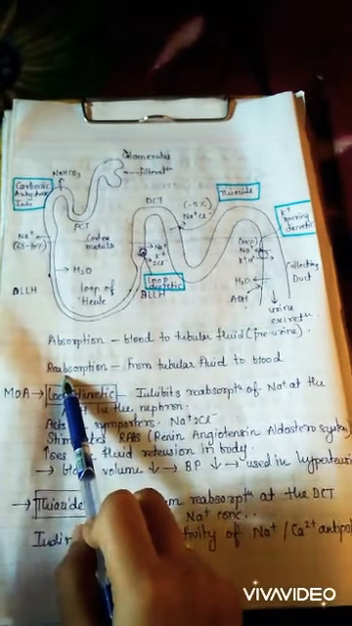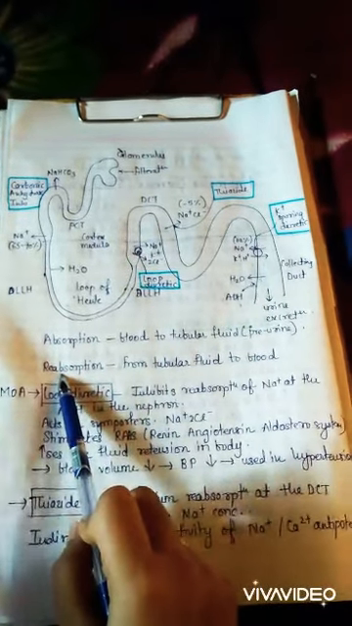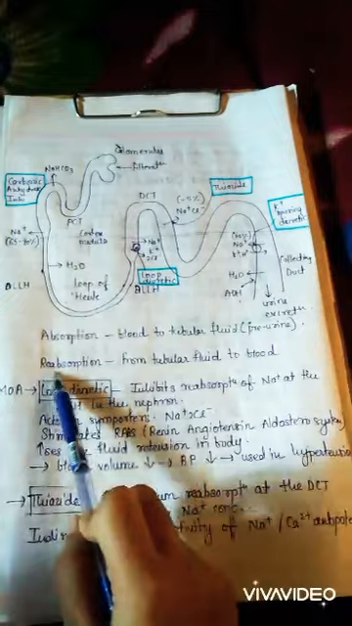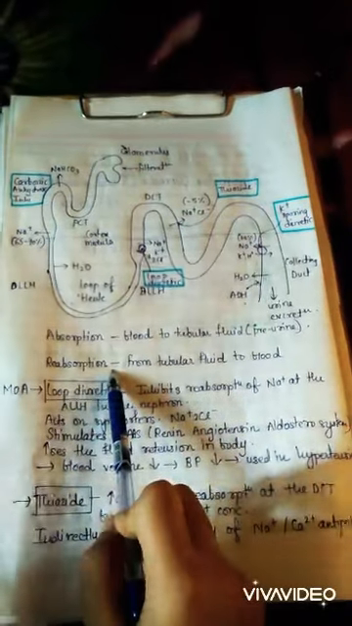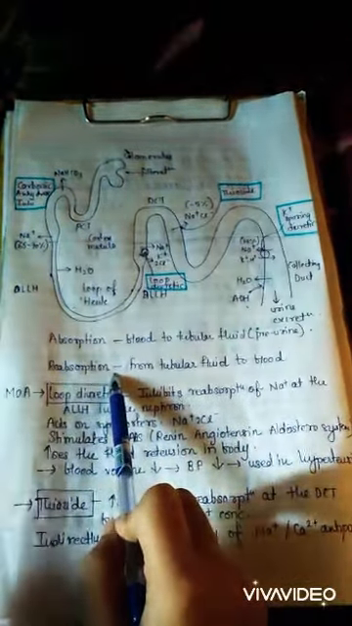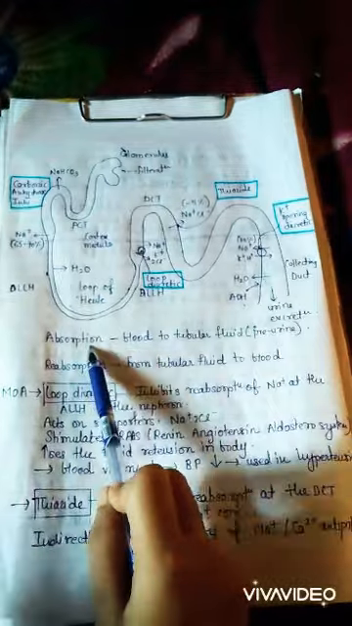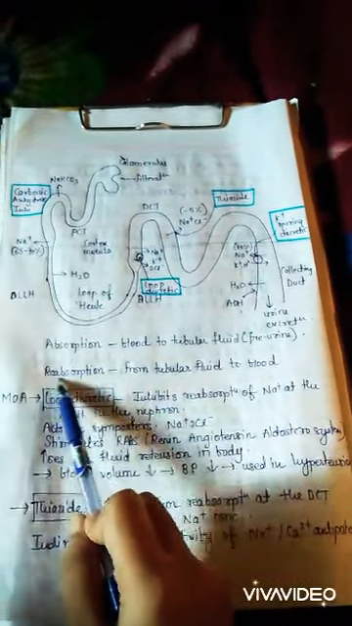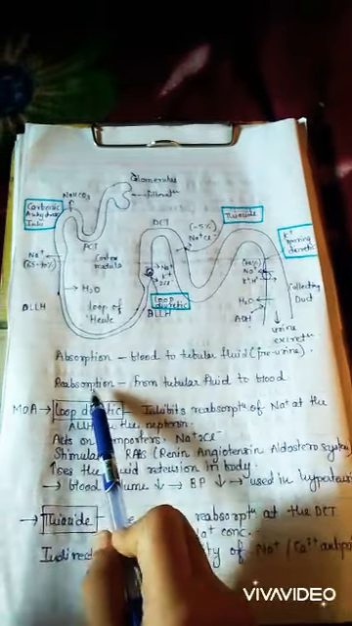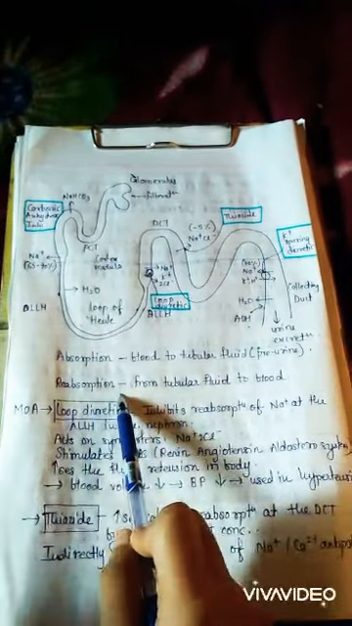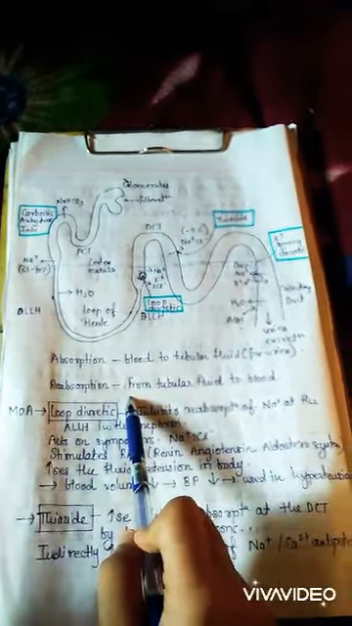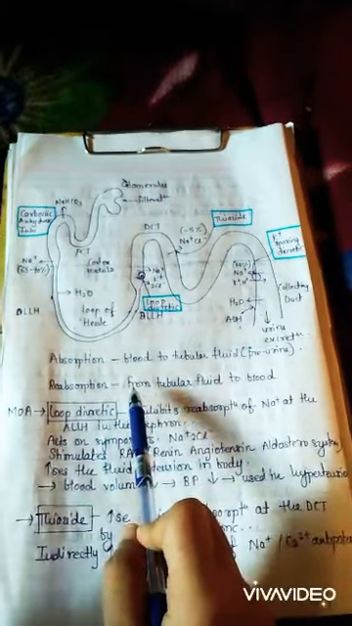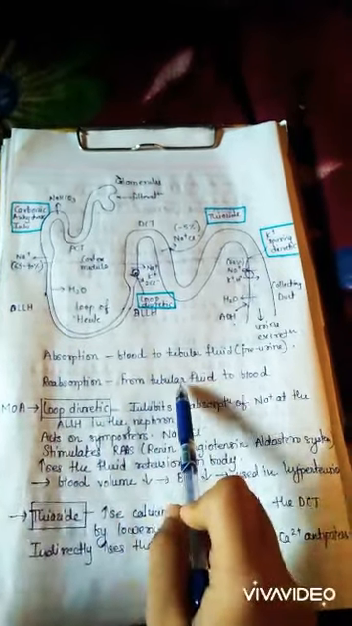Reabsorption means again an absorption. The salts or the metabolic products which are absorbed by absorption get absorbed again, and that's why we can call it reabsorption. Okay, so reabsorption is when salts, metabolic products, or anything else get absorbed from tubular fluid to